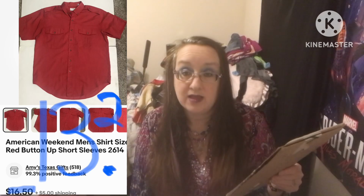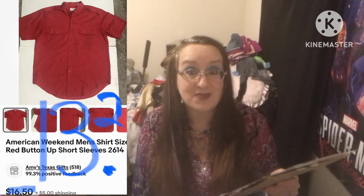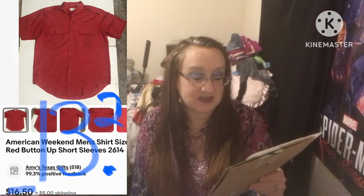The next one, this is the last one, sold on the 29th. It is American Weekend men's shirt red, and that sold for $13.20. Thank you for the positive feedback, and the name that I have here is YC, in the state of MA. That was a size large, item number 2614. I don't have very much information here, but that is 28 sales